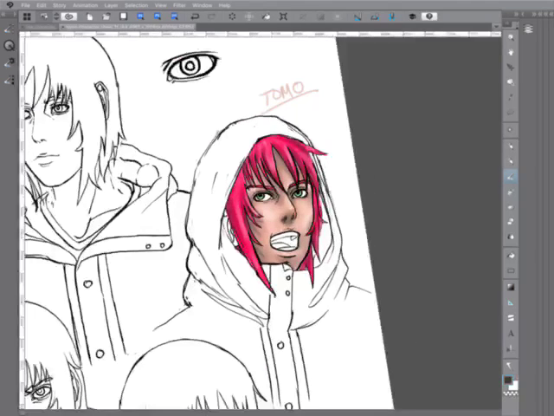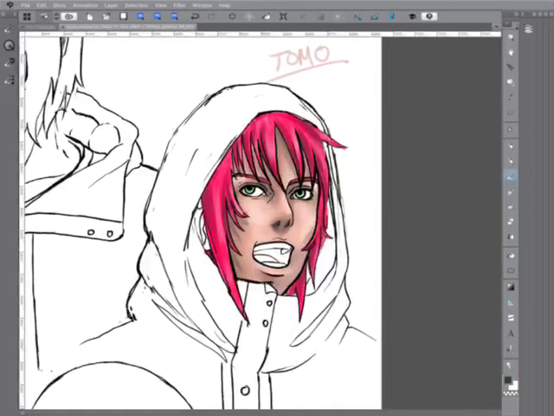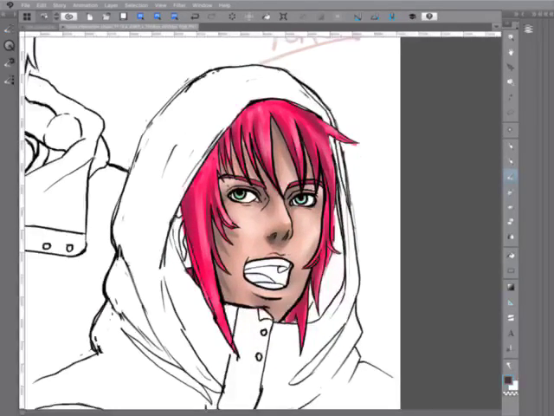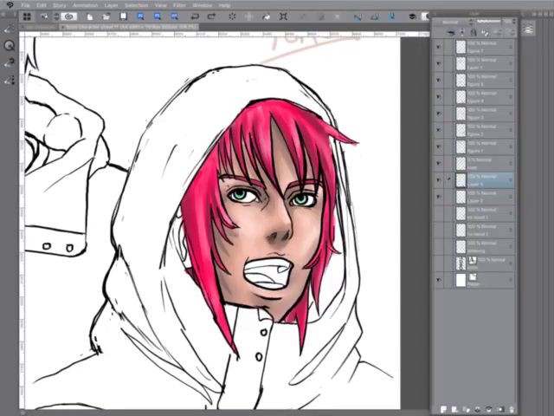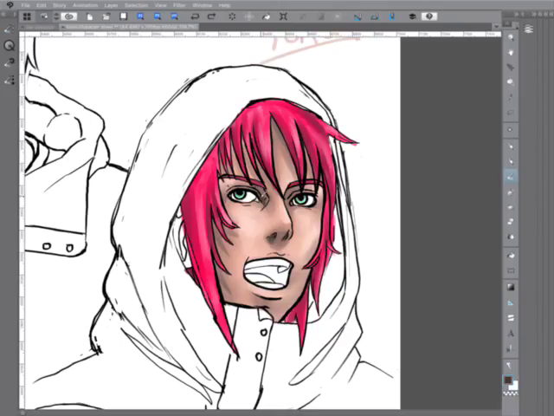How about that? Is that better? Yeah, that's better. Yeah, I said I wasn't gonna do it and I went back to the skin. Yeah, this is probably too much contrast, but I'm doing it anyways.